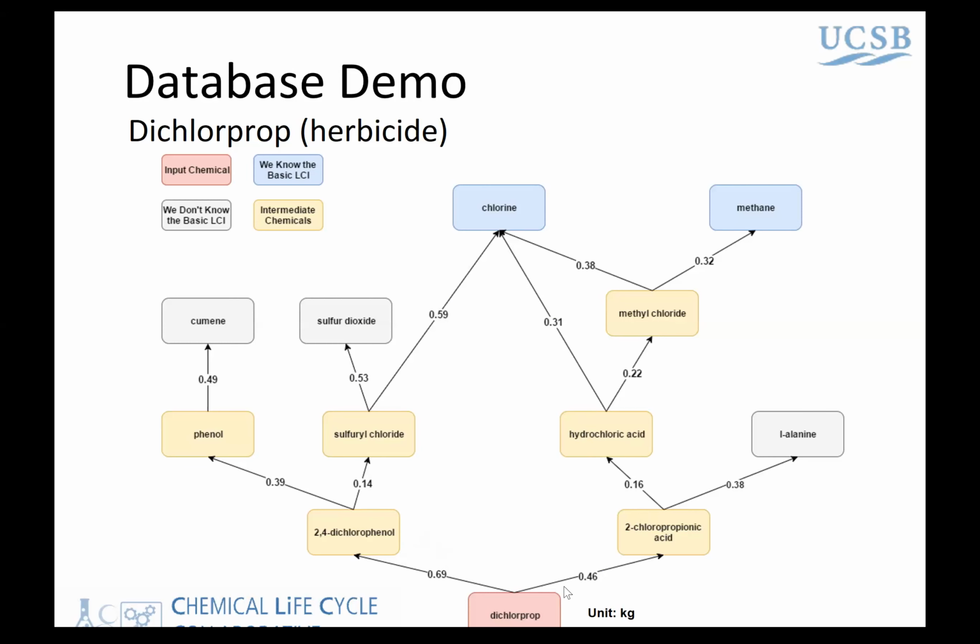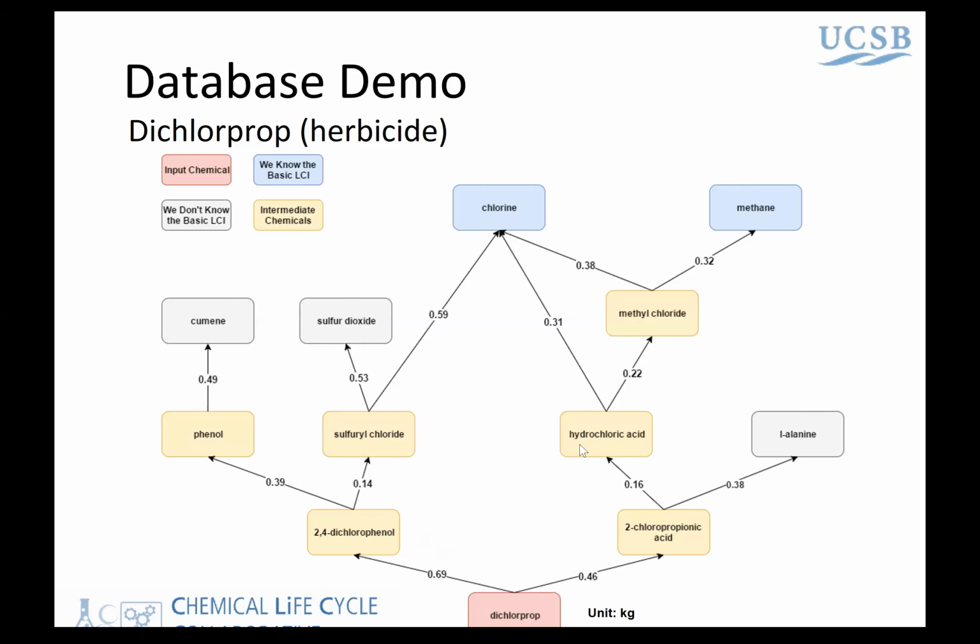I just want to mention that every number here is scaled to 1 kilogram of dichloroprop, meaning that at the very edge of this tree, this is talking about: if I want to make 1 kilogram of the desired chemical, how much of this chemical do we need here. This is not talking about making one kilogram of the direct input. Each edge is talking about making 1 kilogram of the desired chemical at the very bottom. So again, according to our database, to produce 1 kilogram,